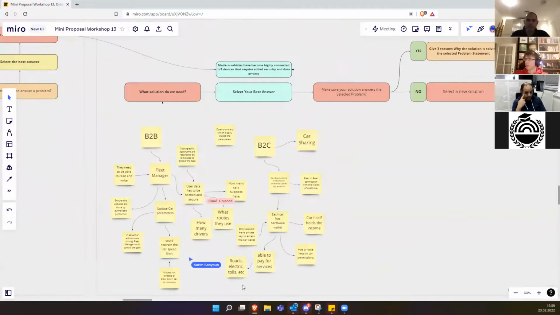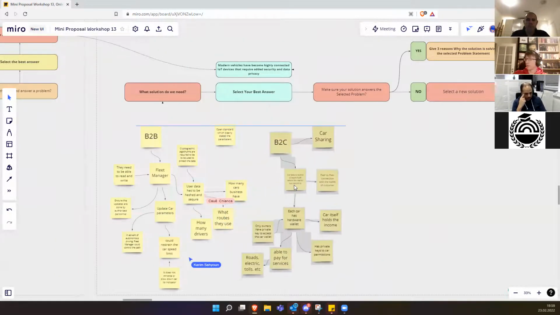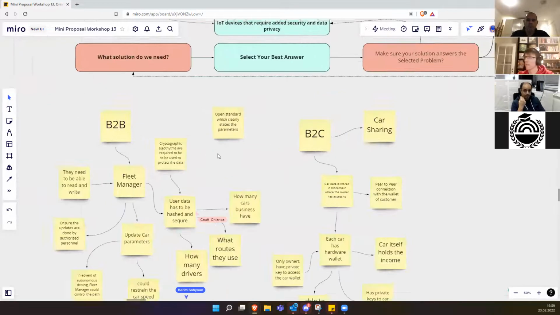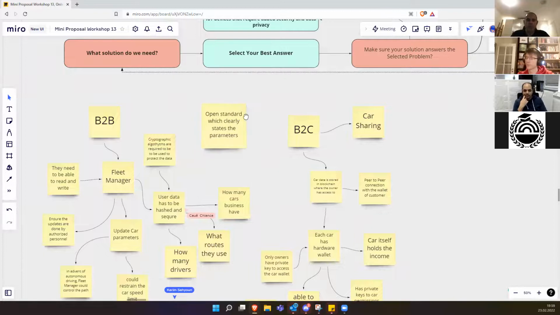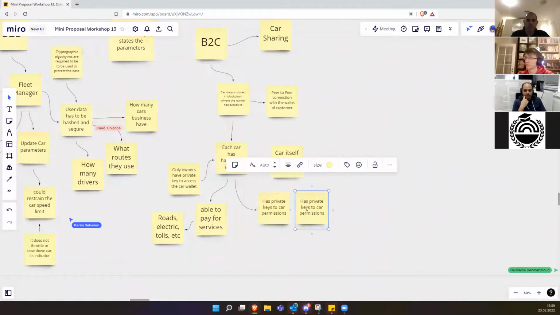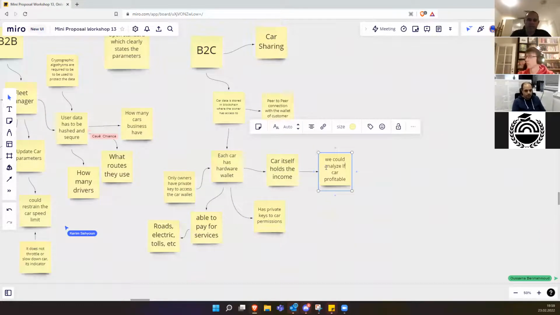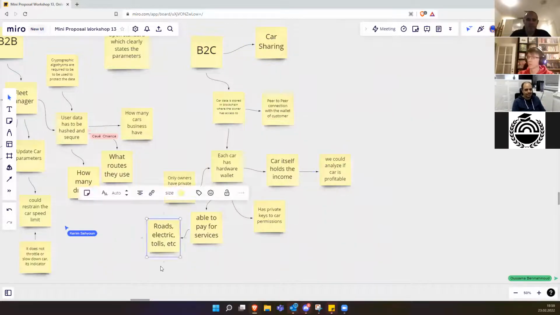And maybe also we can see if it's the car, it's... I don't have the word, it's profitable or not, because it's an autonomous object, a financial autonomous object. But now I think we are not speaking about privacy and security, but also about other aspects. Yes. It's becoming a very big canvas, and I think maybe Tevo